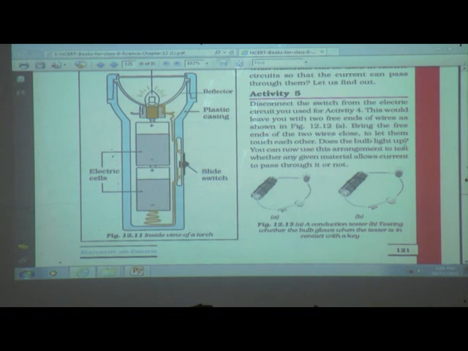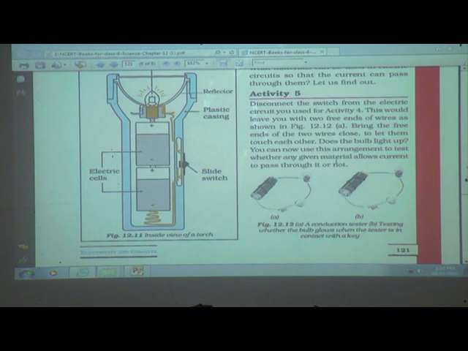Does the bulb light up? Yes. You can now use this arrangement to test whether any given material allows current to pass through it or not. So students, you can use this arrangement for testing the others also.